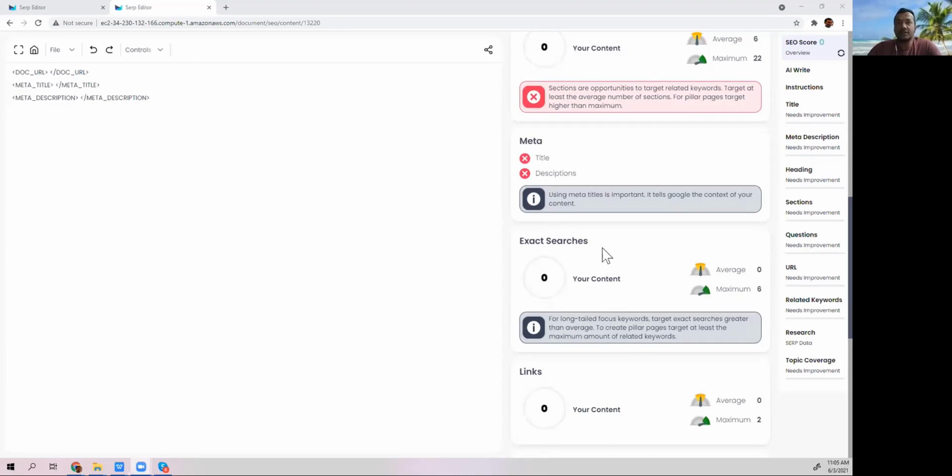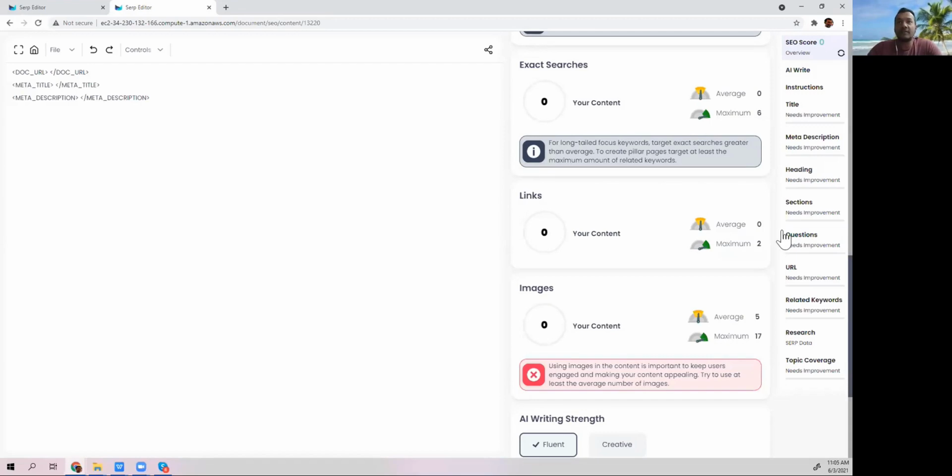Then there are exact searches. These are the related keyword data with volume that people have targeted around this particular focus keyword. What we see is that some people have not targeted any keyword, while the maximum number of keywords used is 6. So this is a solid opportunity for you to create content around it, target more keywords, create better content, and rank for it. Then there are outbound links. It's not essential, but sometimes linking to higher authority websites can also improve your page authority, so doing that mindfully is important.